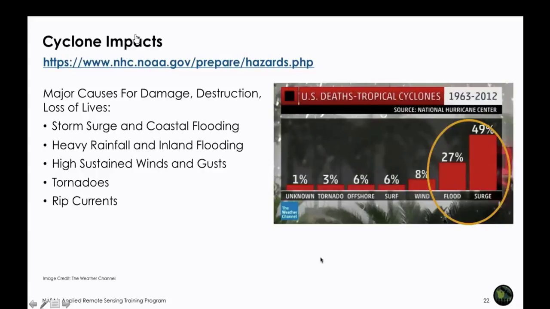And of course, there are unknown reasons why deaths occurred. Partly people are not evacuated in time, or roads are blocked, or other reasons, could be health reasons. But basically, what we want to note here is that flooding is the major cause of damage and destruction and deaths for sure, at least here in the US. So